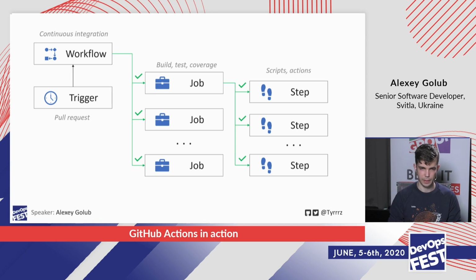And the reason this separation actually matters is that workflows are bound to some triggers. So there's one workflow per trigger. And workflows are completely separate from each other, so they're running on entirely different virtual environments. Jobs also run on different virtual environments by default, so they run in parallel. But you can set them up to depend on one another. So you can have a job that only runs after another job successfully completes.